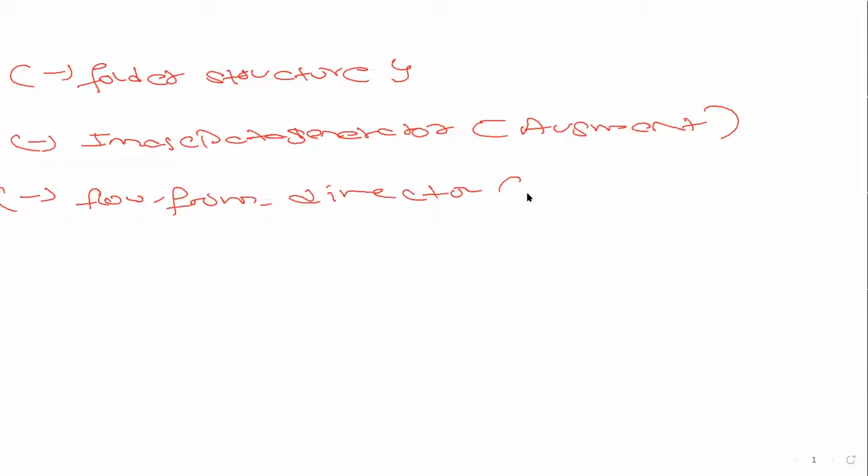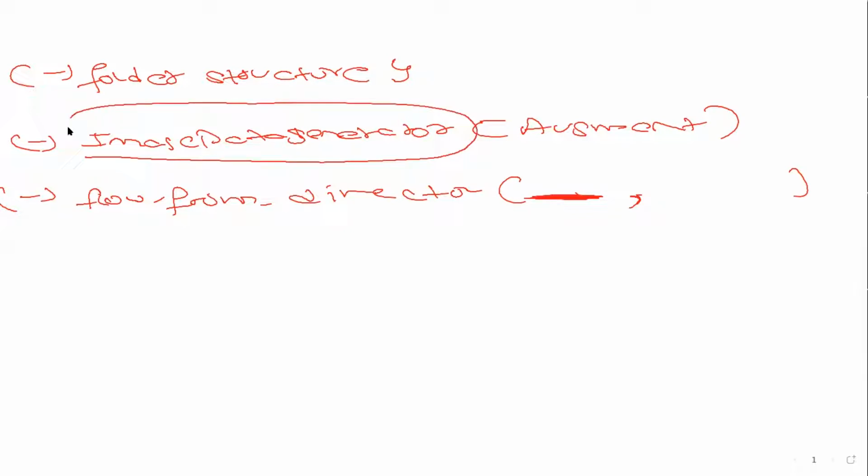Flow from directory and just pass. So the first thing you have to pass is the directory. Then the second thing you have to pass is how much size you want, zoom and tilt and all. Zoom and everything you have to define here in the image data generator.